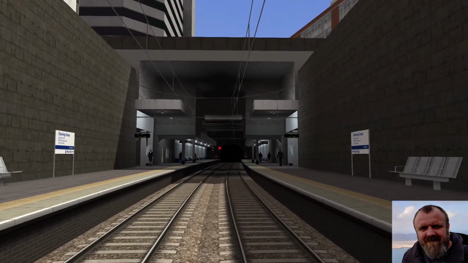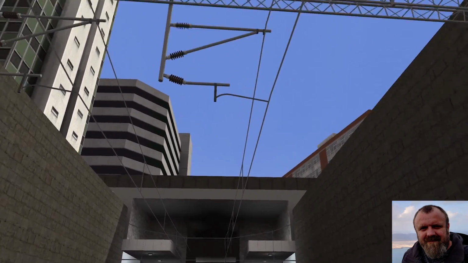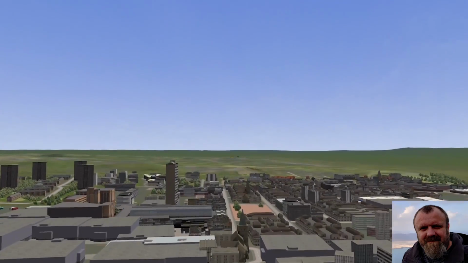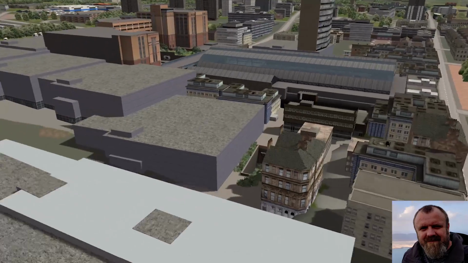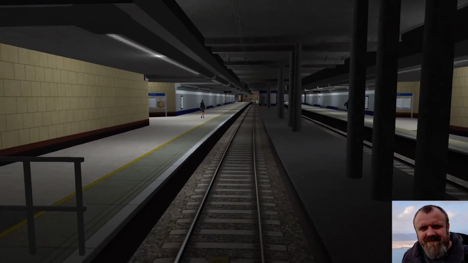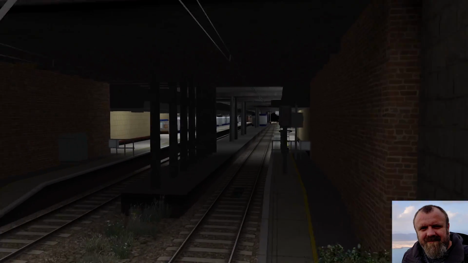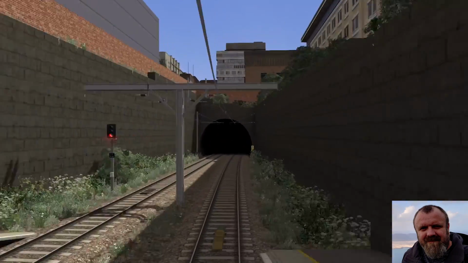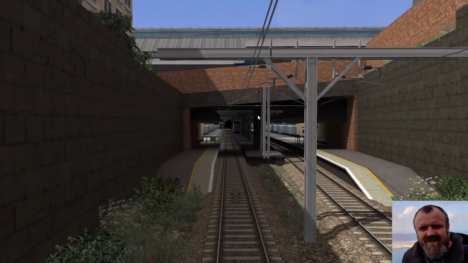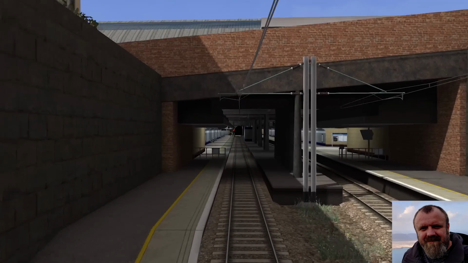Phase 2 was effectively Charing Cross to Queen Street to Belgrove. I'm just going to Queen Street. This is Queen Street low level. Again, completely built from scratch by Rivet, and it looks excellent, I think. Another one that previously I had scrambled together from various assets, so it's looking a lot better now.